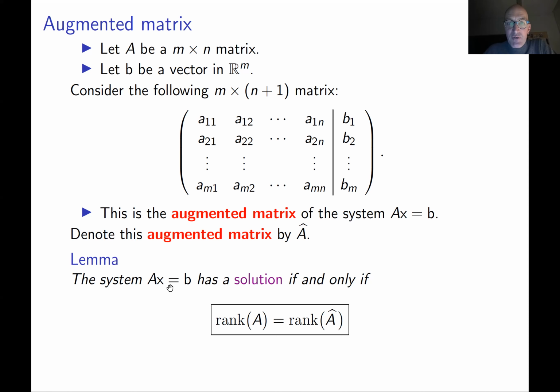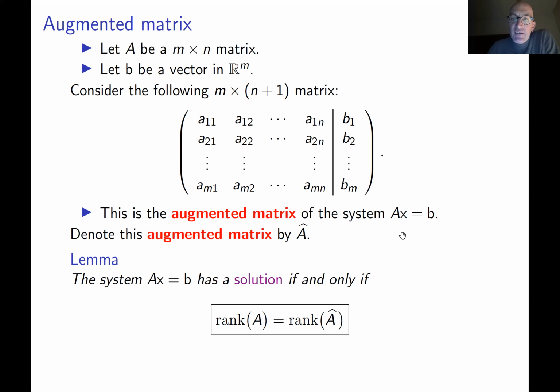And if we know that a solution exists, it means that this vector B, which is the n plus 1th column, is a linear combination of the columns of matrix A, the first n columns. So it's contained in the same span. So of course the dimension of the column space of the augmented matrix is the same as the dimension of the column space of A, because if a solution exists, this vector is just a linear combination of the first n vectors. Okay, and vice versa.